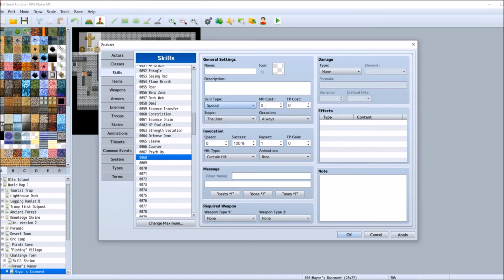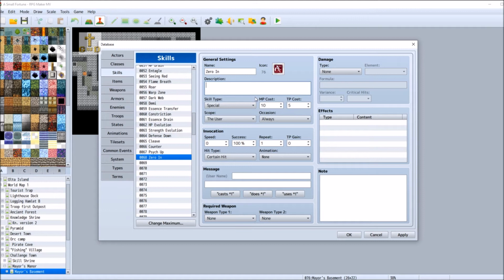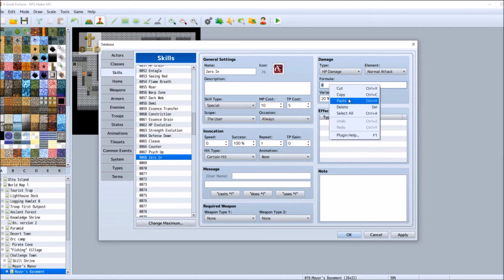Special. Sure. This one is going to have an MP and a TP cost, I think. And these values aren't set in stone, but... Let's see here. I don't know what description I want to put. Not that it matters. I want that to be a certain hit. We'll do hit point damage, normal attack. We'll do the normal formula. Variance, I want to bring that down to 10% critical hit. Yes. And then...